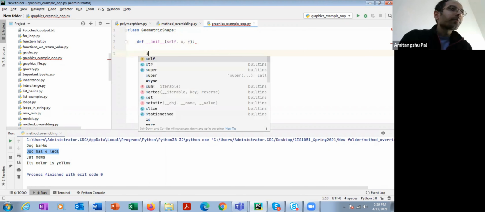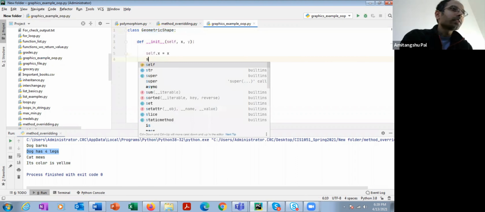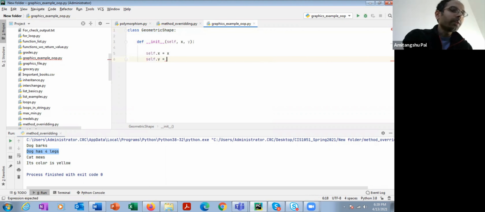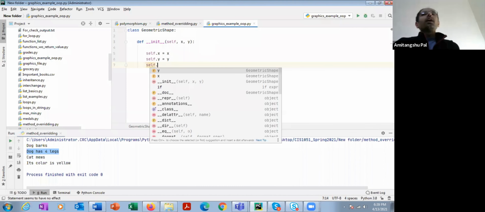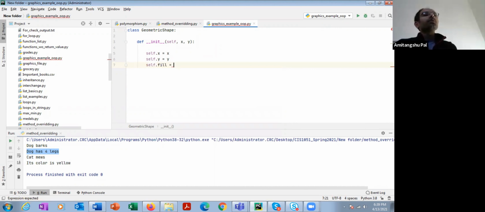So let's write self.x equal to x, self.y equal to y, and in addition to that, let's declare another attribute called fill. That means suppose you are going to draw the geometric shape, so which color you are going to use to fill up the space. Let's initialize it to None,